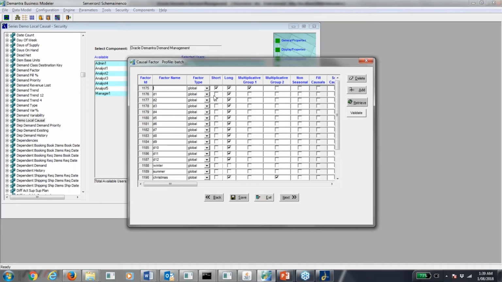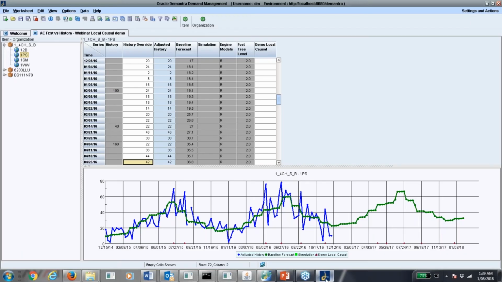And for the short models, again, we're using regression. What I'm going to do is turn on all the historical seasonality causals as well, D1 to D12. Save that. Now go back through to here, because otherwise the forecast is just going to be a straight line modeling trend only up through the data, and also my new demo